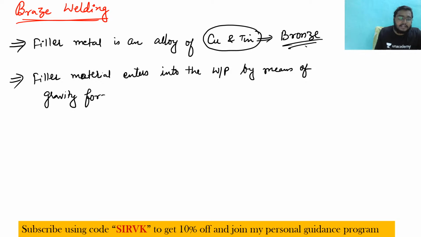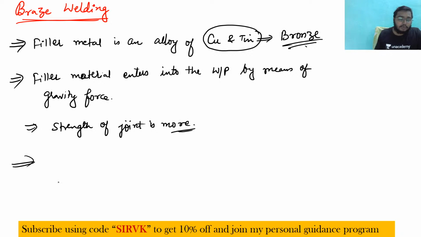Okay, so it enters because of gravity, and that is the difference. Here the strength of joint is more, and we are using it for only one application, for joining